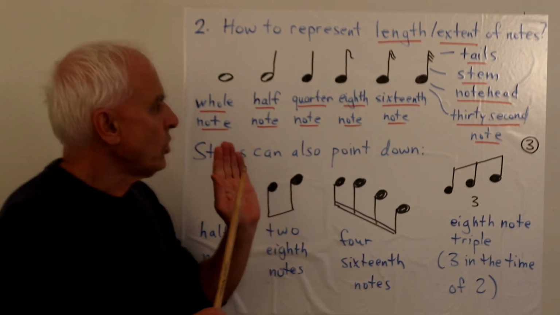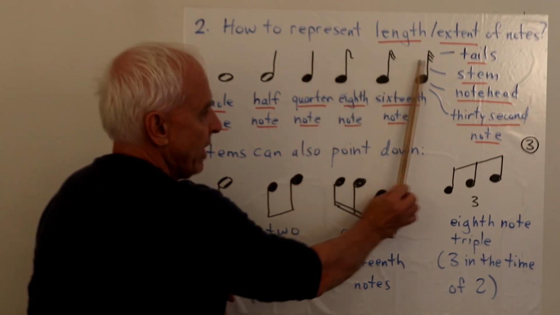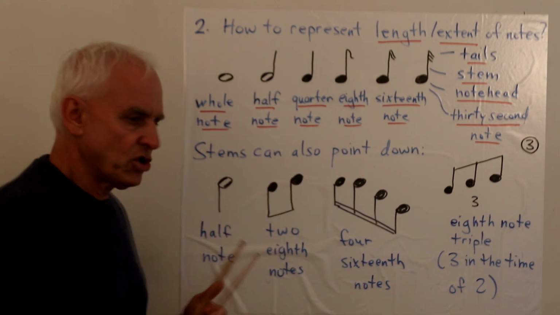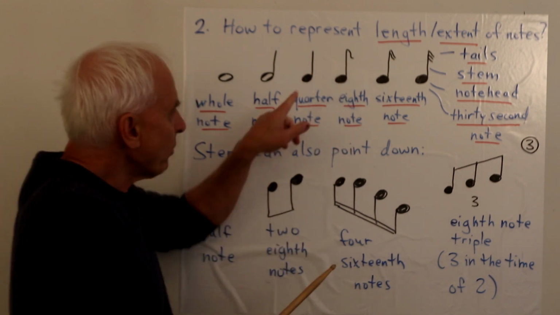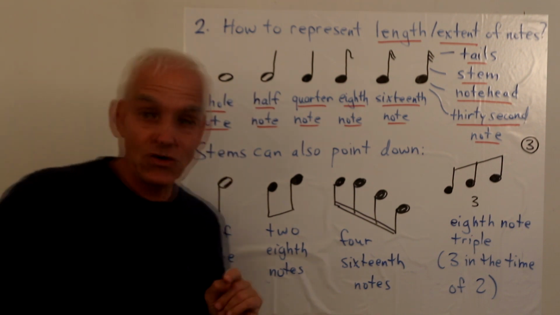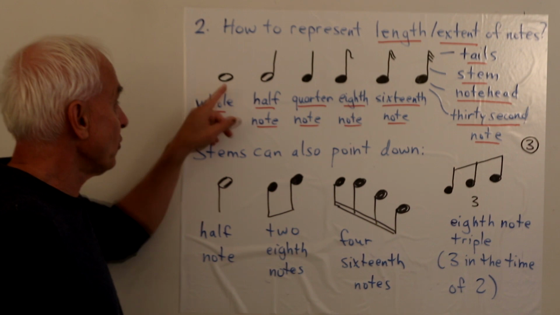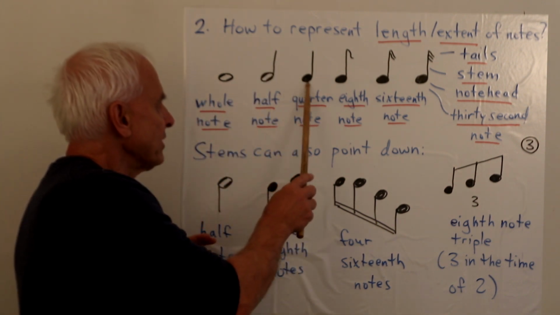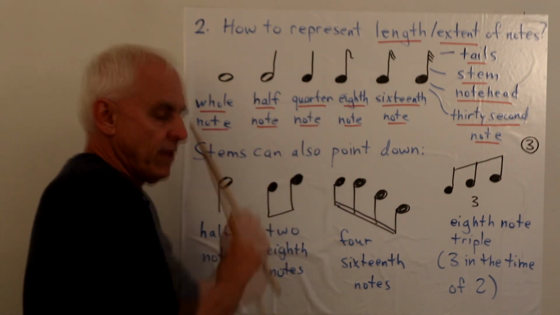Now, you can see that there's a sort of a difference here, right? There's some logic to what's happening when we're making the notes shorter. But when we are going to longer notes, we're changing our logic, okay? Instead of doing something to the stem, we're changing the note head itself from a black note to a white note. And then one more going from the half note to the whole note, we're getting rid of the stem. So this is definitely a little bit obscure or not entirely logical.